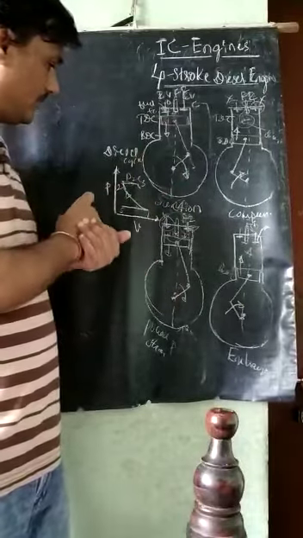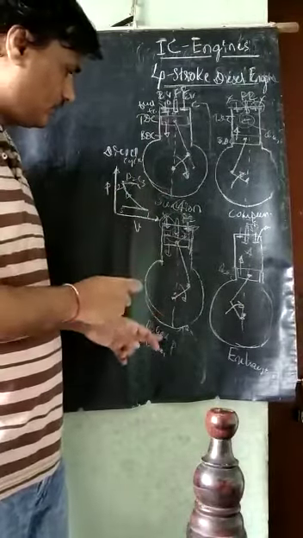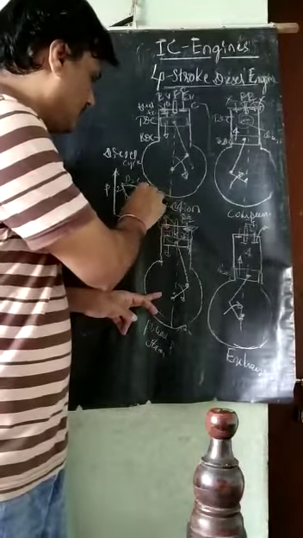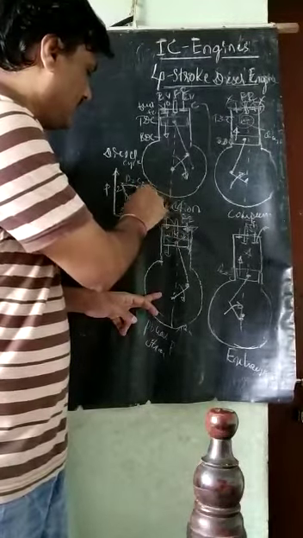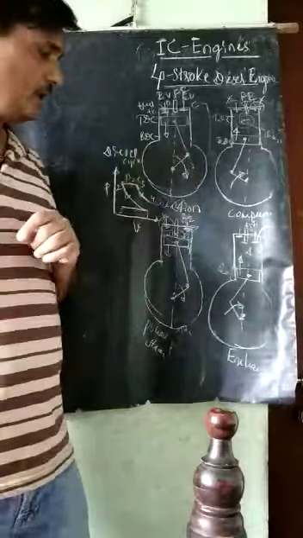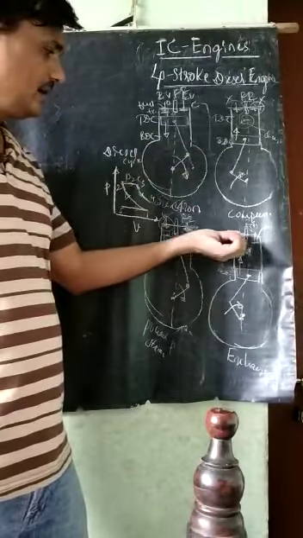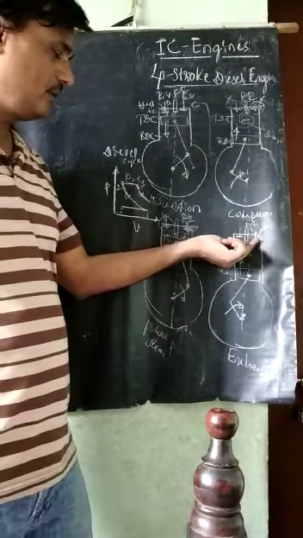So what happens in the expansion stroke or power stroke, it is taking place. It is also adiabatic here now. It is 3 to 4 here. Same here, taking place here. And in case of the exhaust stroke, slightly the outlet valve, the exhaust valve, starts opening here.